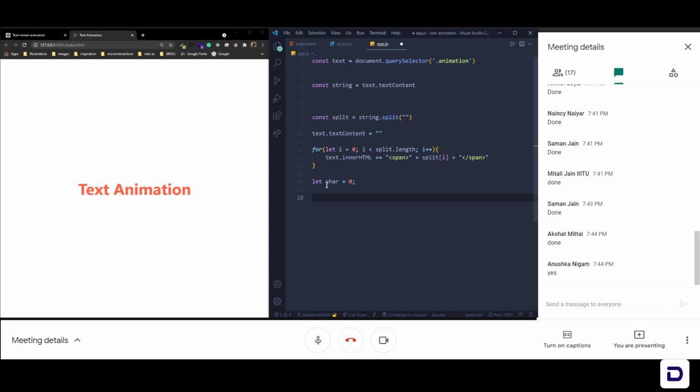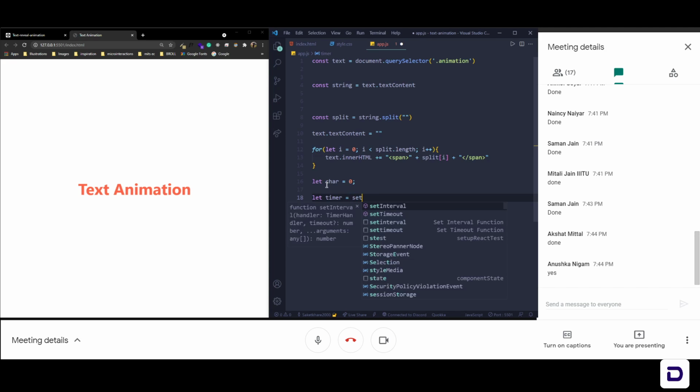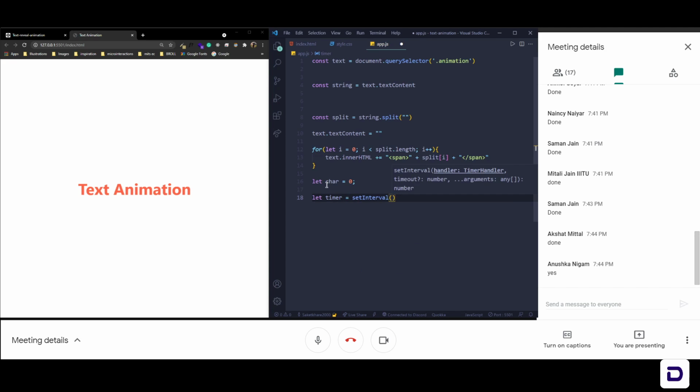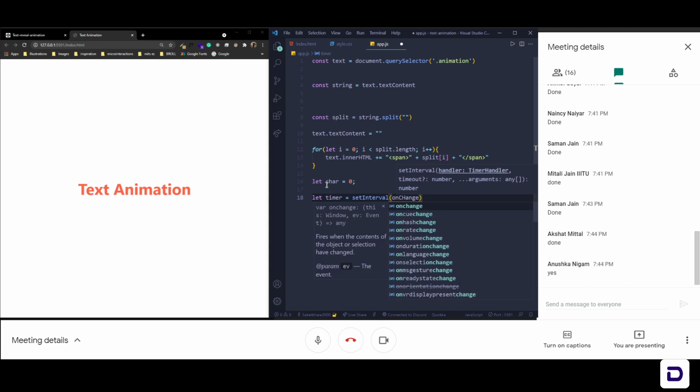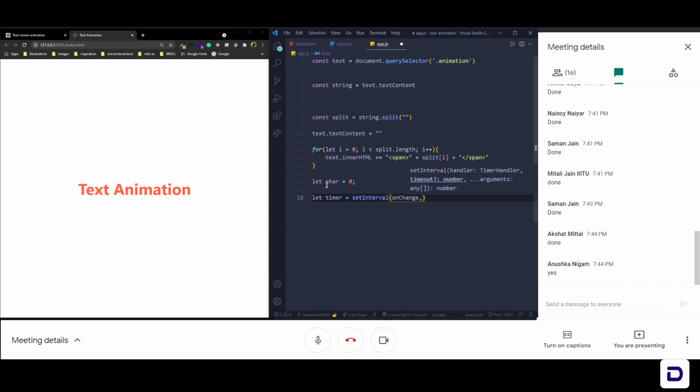So I'll say let timer equals setInterval, and a function onChange which we will make, and this will run every 50 milliseconds. Let's create this function, function onChange.